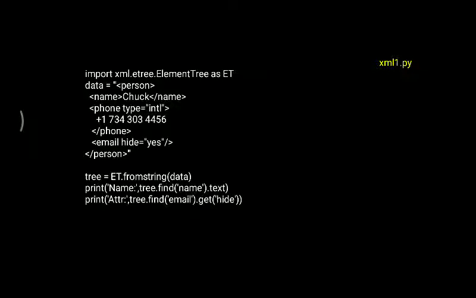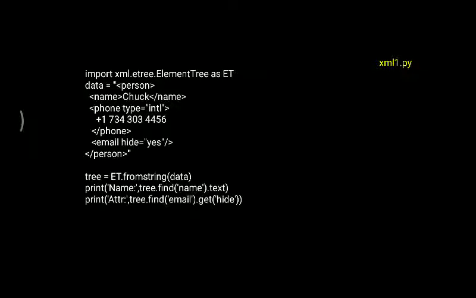And under that class we'll be defining directly one object called ET. It looks very similar, that is, we are defining an object with respect to the package xml.etree.ElementTree as ET. So now with respect to that, how do we extract the data from the XML? Initially we have to mention the data in the form of XML. Here you can see data equal to triple quotes, so that data is written in triple quote form.